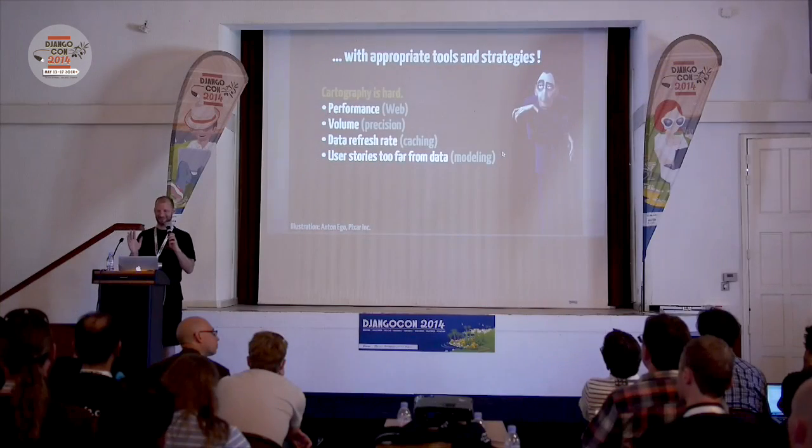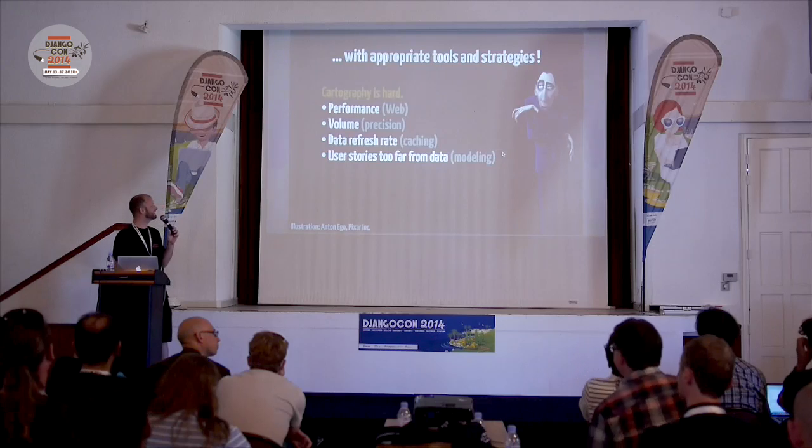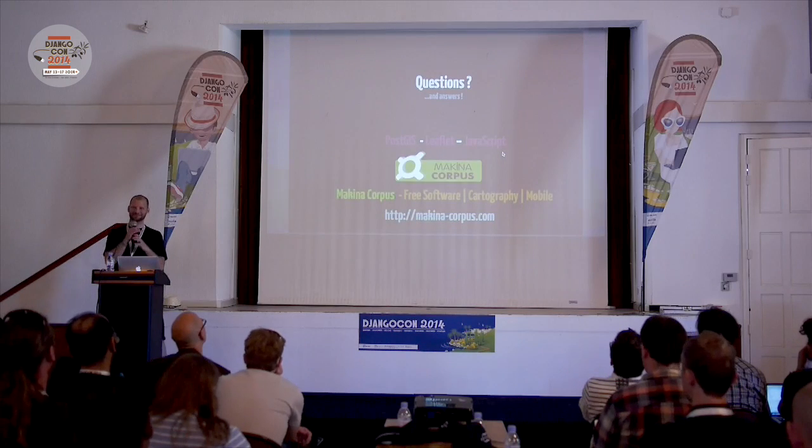Just use the GeoJSON fields I've shown you, and they integrate automatically with the Leaflet editors. So you can have very simple maps with geometries with a SQLite database, no GIS, nothing. So if you want to show on a map the positions of your company's locations or Django developers, then maybe you don't even need PostGIS or huge technology, just simple stuff. Cartography can be simple. That's it. I hope it was not too